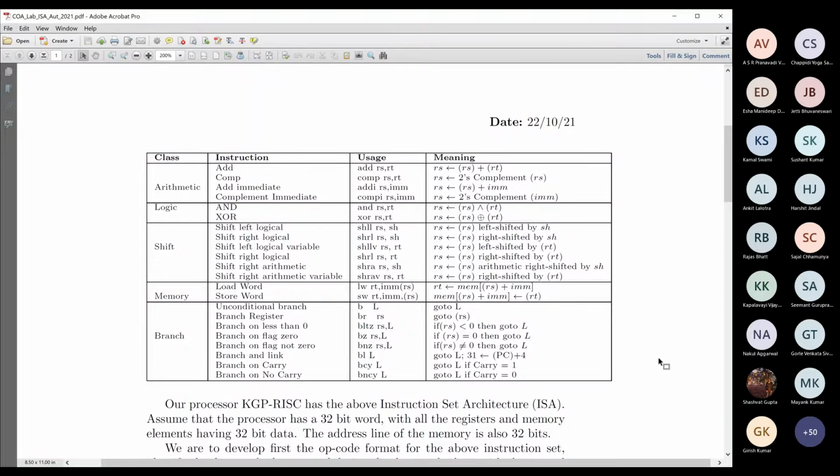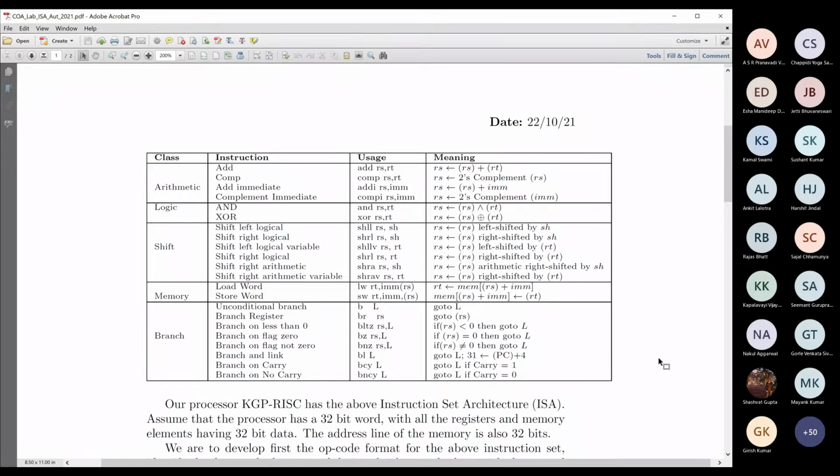There are some interesting observations about the instruction set that you have to note. At first look, it might seem that it is quite impossible to work with such a small instruction set.